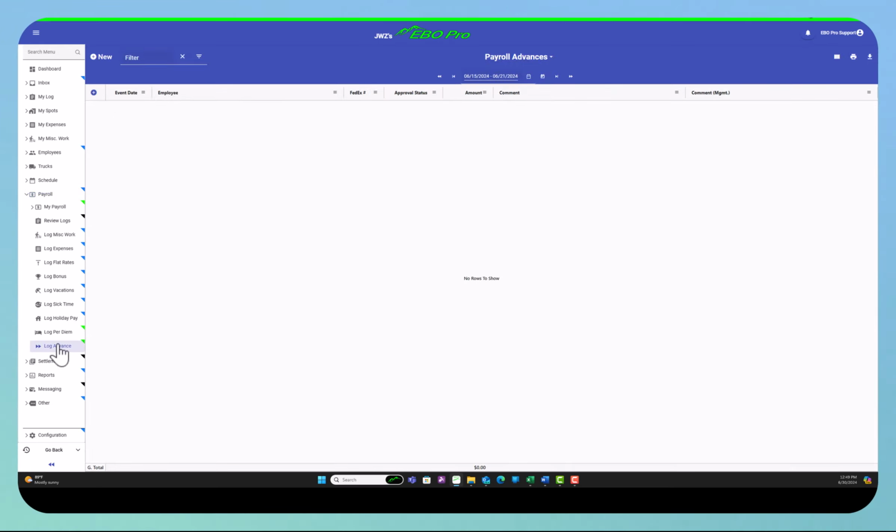So this means this is an advance, so it's not going to be taxed. You're giving them money and then you're just taking it right back. So if you're going to advance them money, the first thing you're going to do is if you're sending it